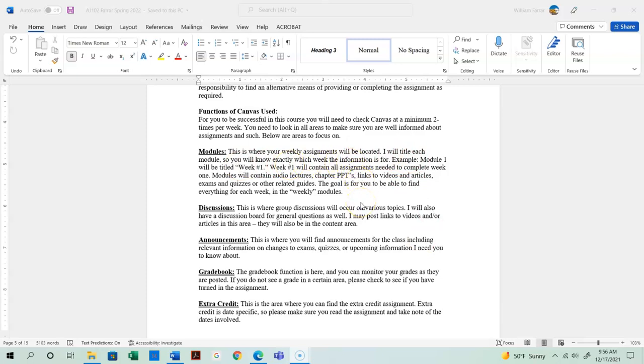So an example would be Module 1 will be titled Week 1. And therefore, Week 1 will contain all of the assignments needed to complete the work for Week 1. Now, there's a couple of assignments that have their own modules, and I'll show you that. The case study, extra credit, your midterm paper, those have their own separate modules, but everything else is built into